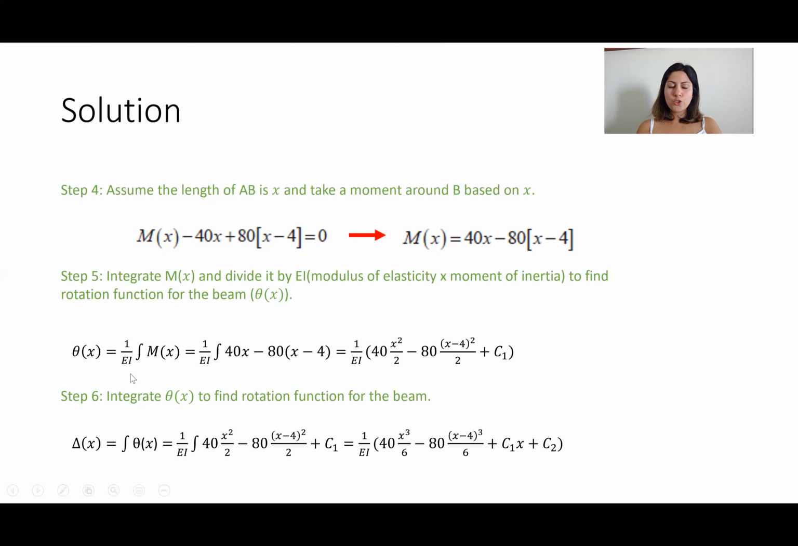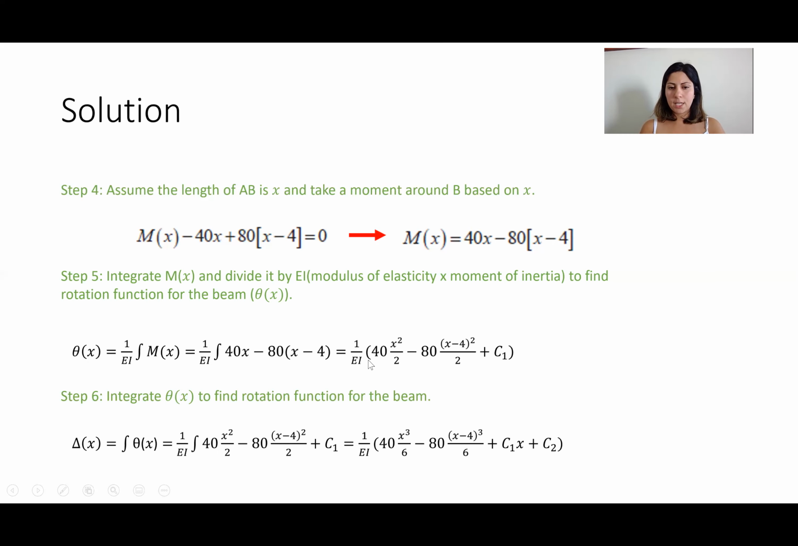So you should put 1 divided by EI. It is in the formula. So you have to put 1 divided by EI and then integrate mx that you found from the previous step. So that would be 1 divided by EI times this integration. If I want to integrate this part, that would be 40 times x squared divided by